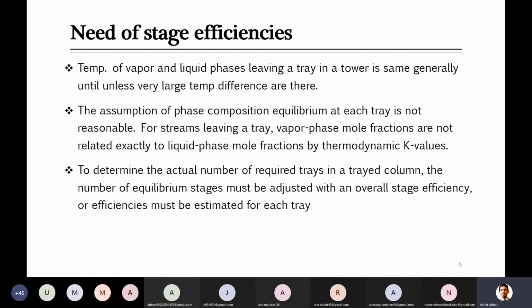So when a plate which you have installed is not performing as expected or as per the calculation, it means you will need more trays as compared to the trays you calculated by using some method. So we have to determine the actual number of trays in any column, adjusted in such a way that throughout the column, as vapor and liquid pass, we can achieve the required separation. Although